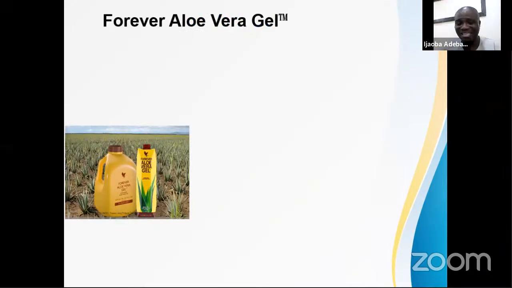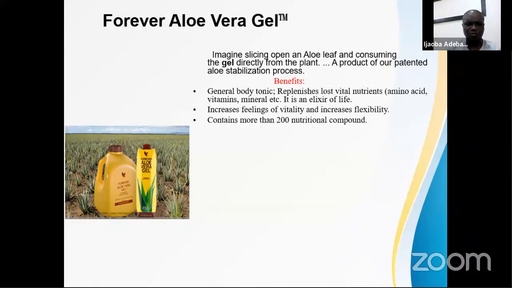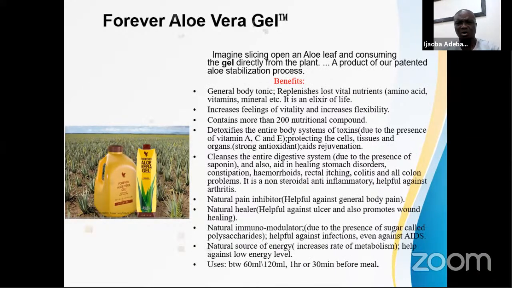So let's look at the product. I love talking about the product. The relevance of aloe vera gel in the pack of C9 is to prepare you to detoxify, to open you up, remove toxins, neutralize toxins by way of detoxification, help to cleanse you and help to nourish you. That is what aloe vera gel does in the C9 pack. It helps to detoxify, helps to nourish, and helps to cleanse so that you can move your bowel, and to help with energy level, which you need so dearly. So let me just move on. I will just be giving you nudges on those ones.